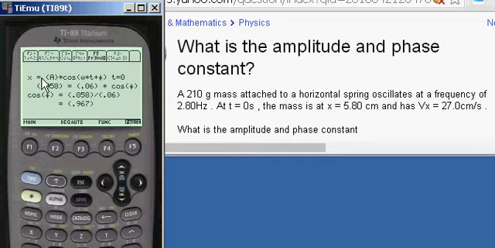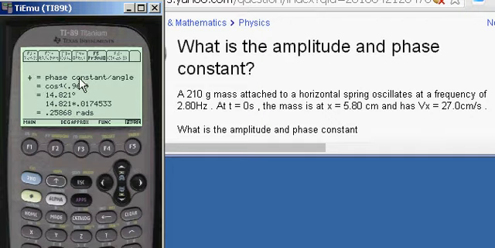And so x is equal to the amplitude times the cosine of the angular frequency times the time, plus phi. Phi is this indicator here. And so we know the stretch, which is 0.058, which is over here converted, of course, to meters. And then we do the calculation, then we do algebra and switch the things around. We find the cosine of phi is 0.967,